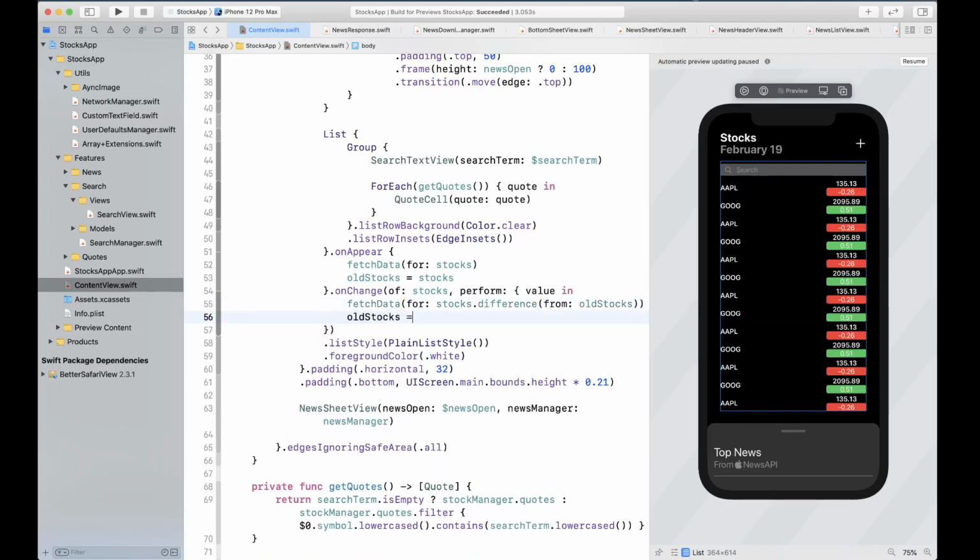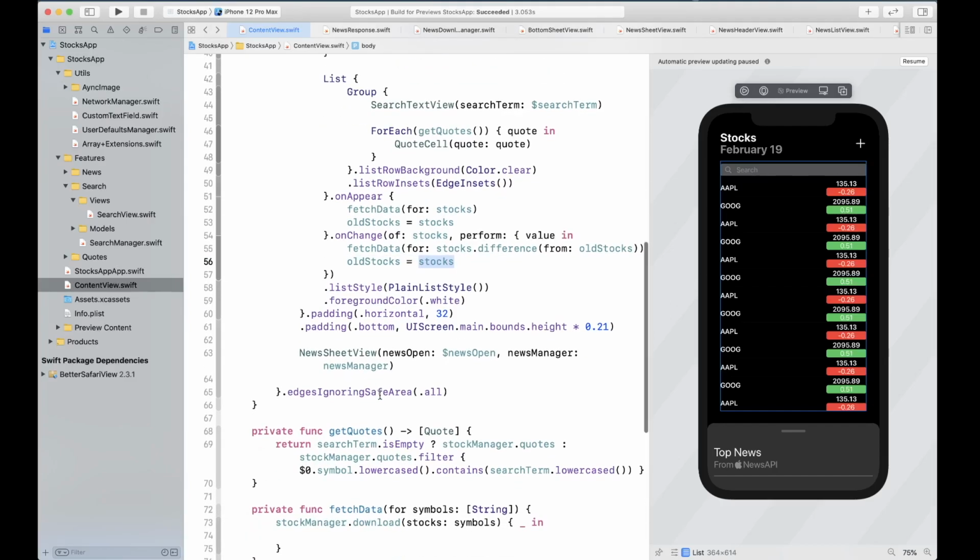And we once again want to refresh our value of old stock by replacing it with the values of stocks. Okay. All right, so I guess that's all we need to do in here.